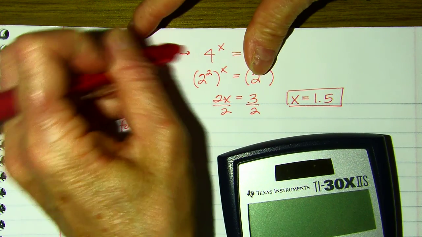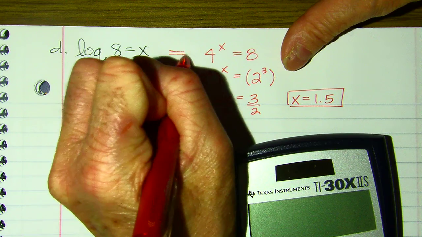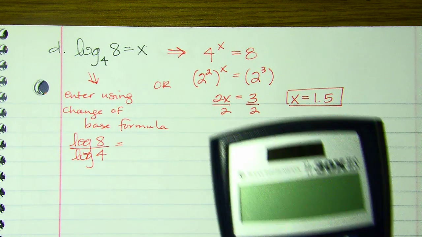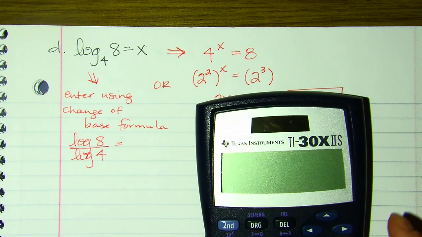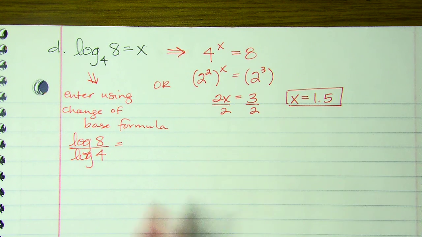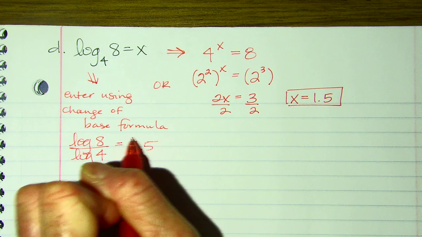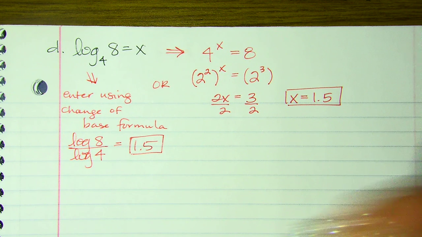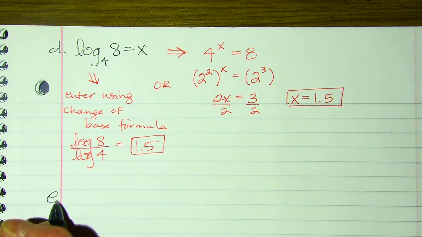So there are two different methods, your choice, for this problem because there's no variable on the left. So log of 8 divided by log of 4, and notice I also get 1.5. So you determine which method you like better. Next one,